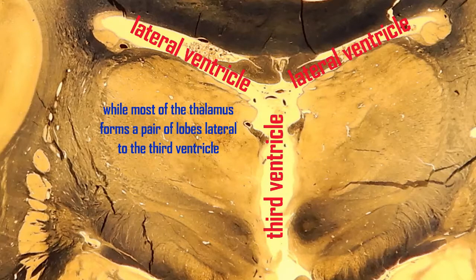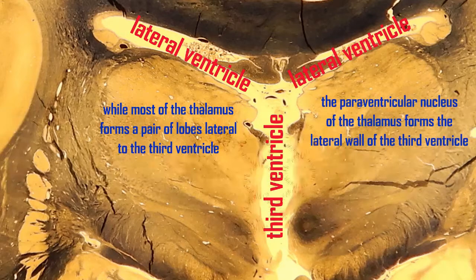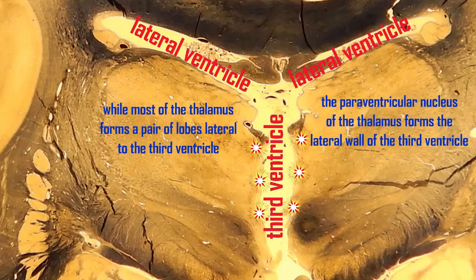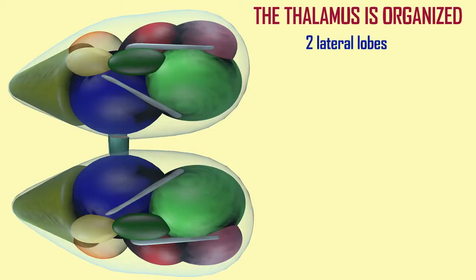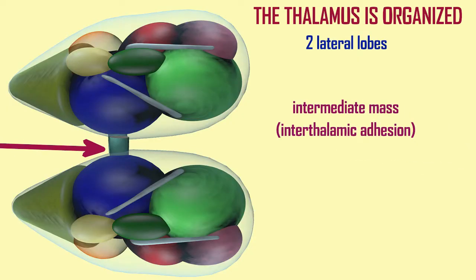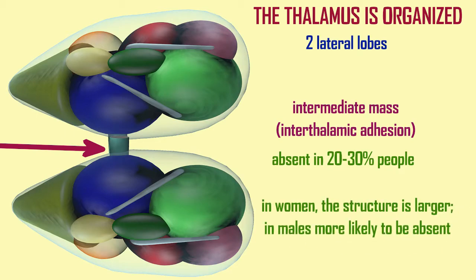fluid, and these lobes lie inferior to the lateral ventricles above them. In addition to these lateral lobes, the thalamus does include the gray matter which forms the lateral wall of the third ventricle. These two lateral lobes can join in the midline at an intermediate mass, also known as the interthalamic